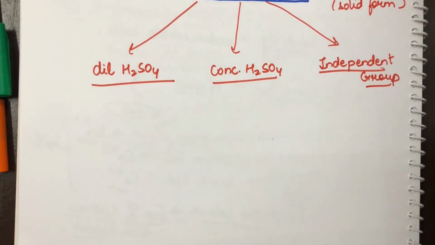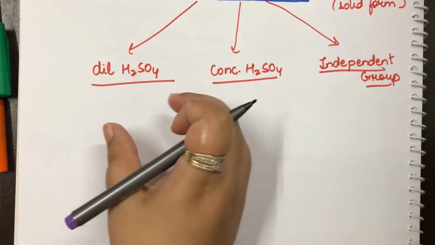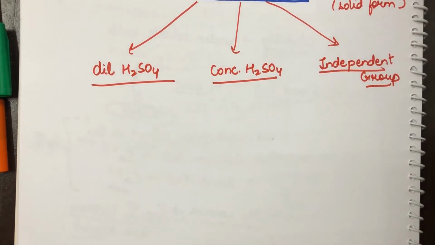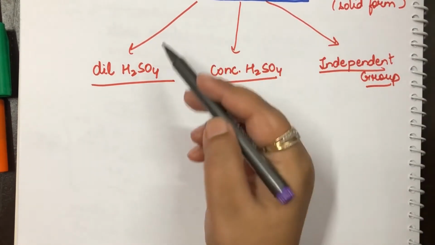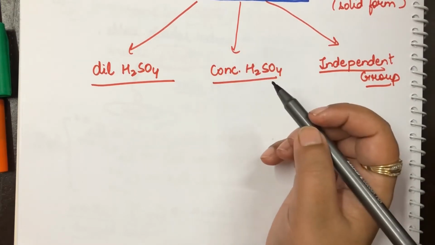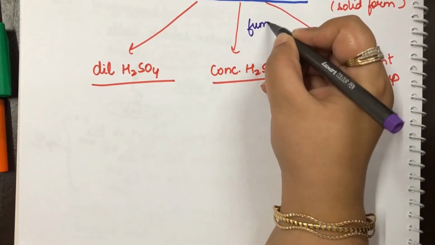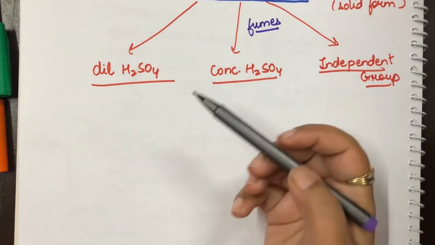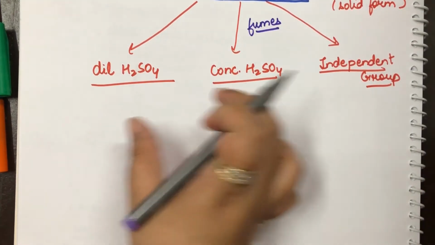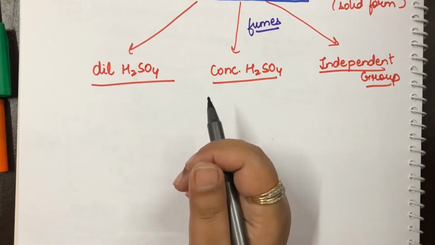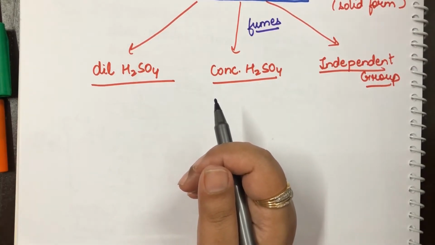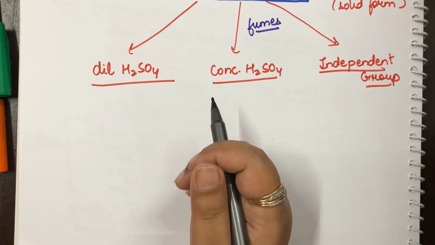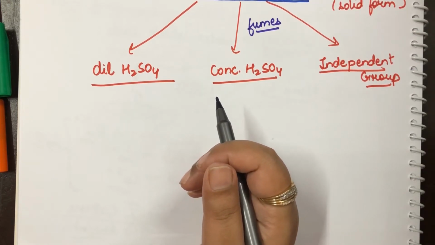In the dilute H2SO4 group and the conc H2SO4 group, I am saying that you have to dissolve your salt into this particular acid, that is your sulfuric acid. But my question is, why for all the anions are we only using sulfuric acid and not any other acid like nitric acid or hydrochloric acid? The reason is that all the anion analysis is done by means of fumes. We are going to test all the fumes that come out once you encounter your salt with sulfuric acid. Now why? Because in case you have any other acid, for example, if I take HNO3 or HCl, then the acid is also volatile.